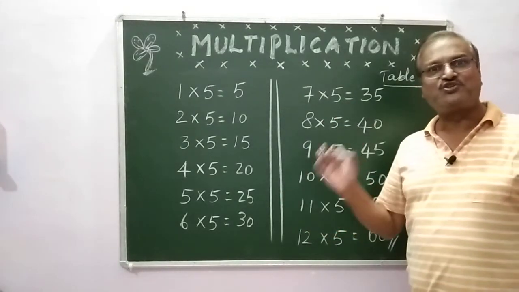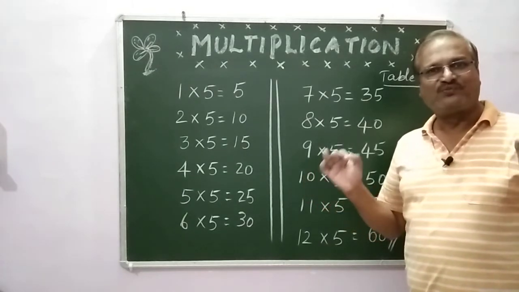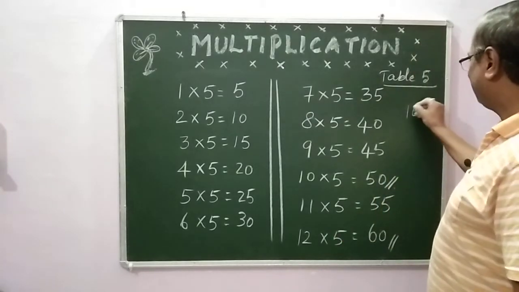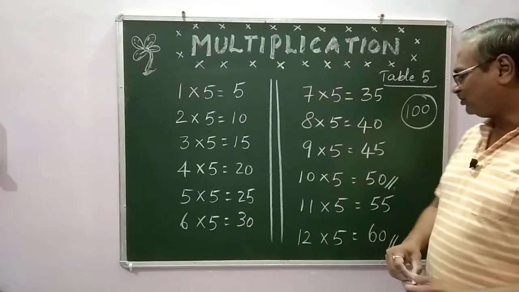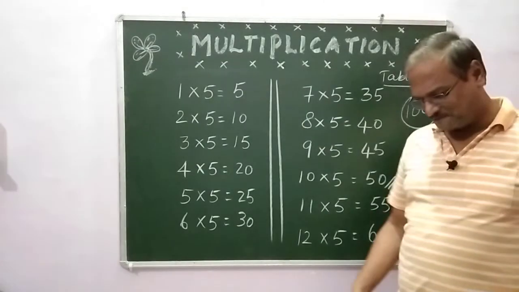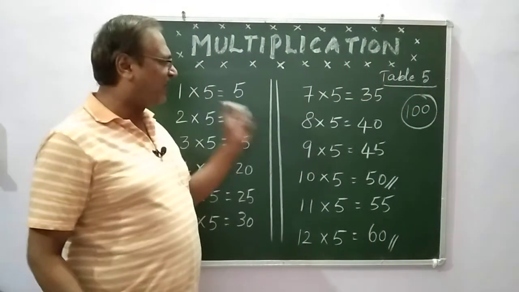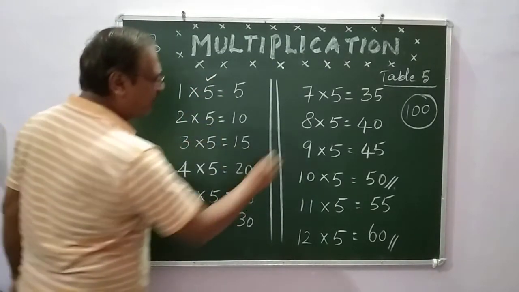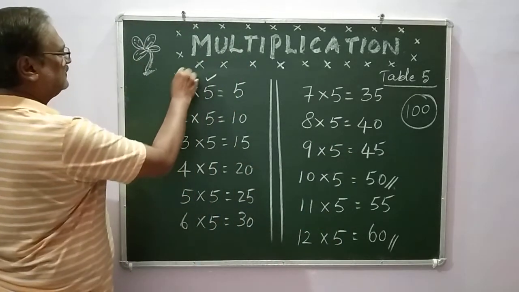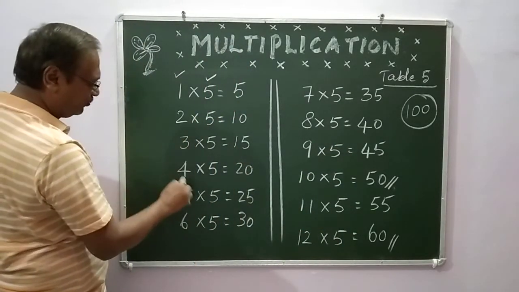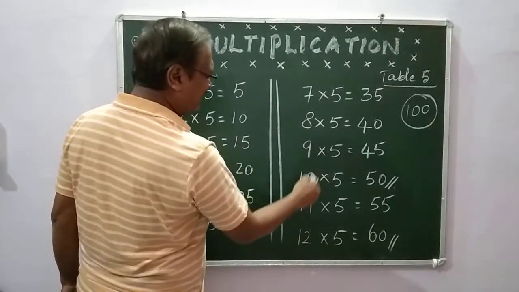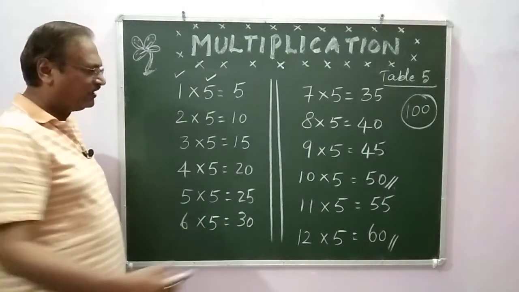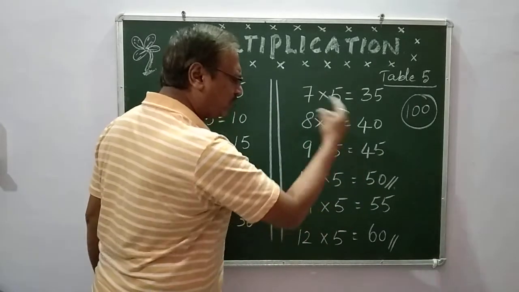50. Half a century. You know, in cricket, 50 is half a century and century is 100, and that we will learn when we do the 10th multiplication table. I hope you understand. This is how. Remember here, this is the 5th multiplication table. All are 5. And these numbers are 1, 2, 3, 4, 5, 6, 7, 8, 9, 10, 11, 12, 13, 14, 15, 16, 17, 18, 19, 20. It goes on and on and on and on.